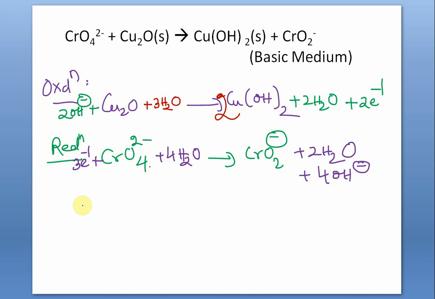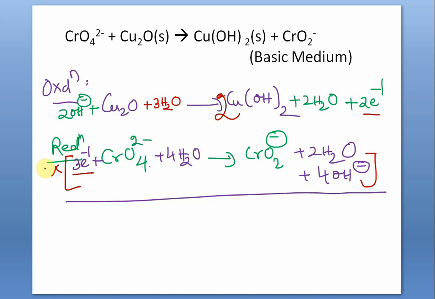So after completing each step, we have to add these 2 partial equations, I mean partial ionic equations. Then cancel the electrons. How to cancel the electrons? Obviously, here is 3, here is 2. So this whole equation is to be multiplied by 2 and this whole equation is to be multiplied by 3. I was telling you, is it not tedious? And if you lose patience at this stage, then you cannot get the balanced equation. You will lose it. But if you are a little attentive, now this algebra, I think you have done in class 7.